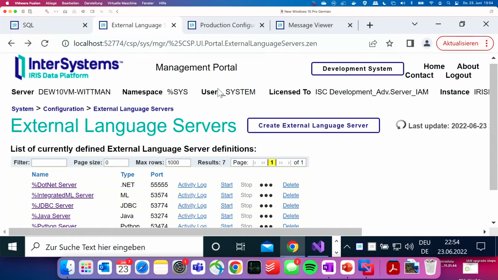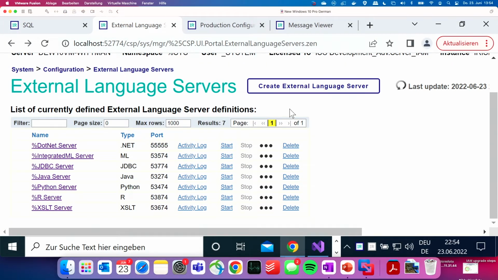First of all, when you're in your system management portal, you will find a page for the external language service. And this is all pre-configured. I haven't created those entries myself. They're part of the kit when you install it from scratch. So we deliver all the configurations for .NET, for Java, for JDBC, and so on.